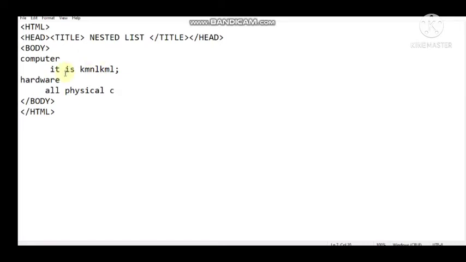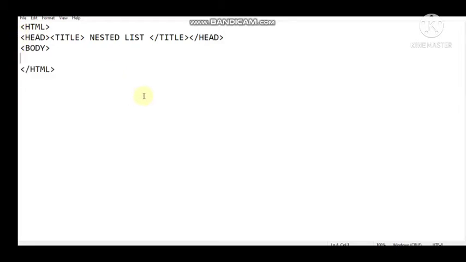So this is known as definition terms, and this part which is describing the definition term is known as data description, or one more full form is there, definition description. So how this type of list can be created, let me show you. Basically we have three types of list: ordered list, unordered list, and this one we are going to do, that is definition list.